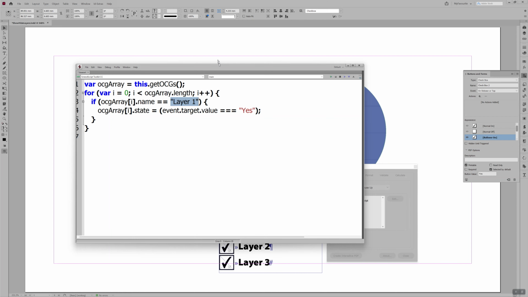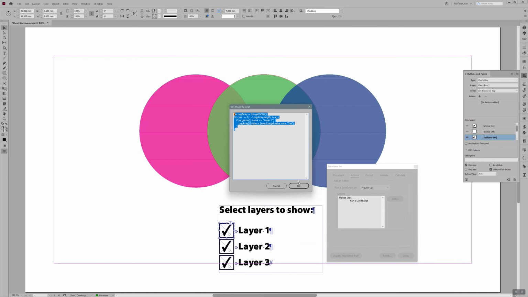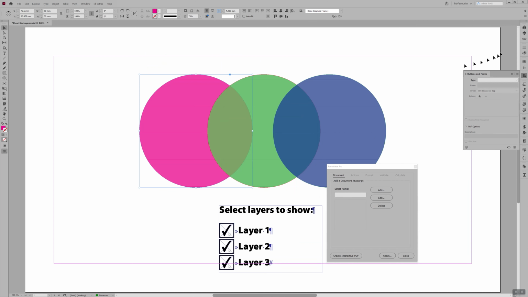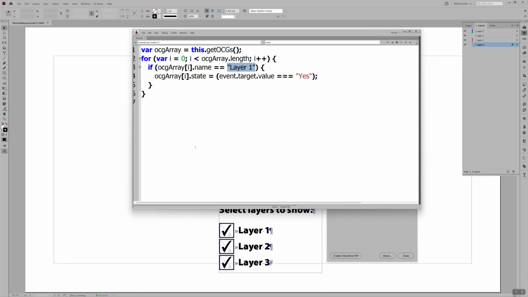So in this case, the checkbox is the one that's supposed to control layer 1. And if I just go back to InDesign a second, the name of it here is layer 1. In other words, I want this checkbox to control the visibility of layer 1. I can call it anything I want, but it is called layer 1 right now. Back in FormMaker,